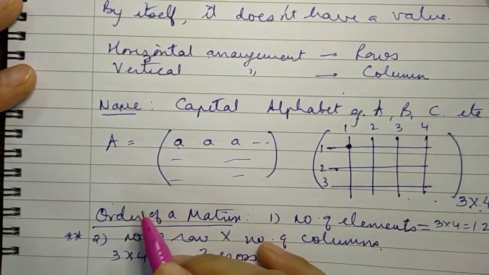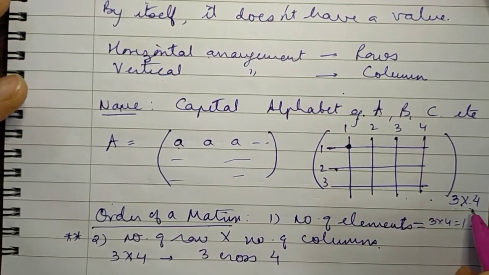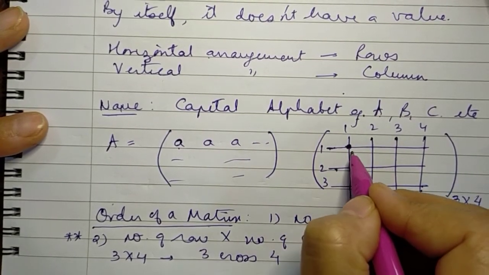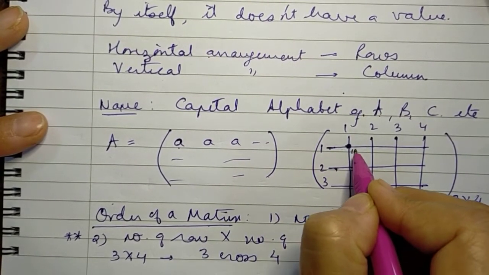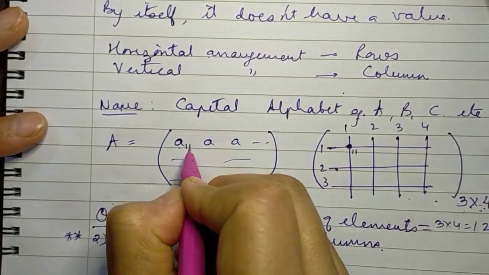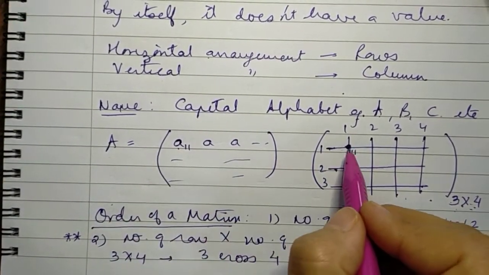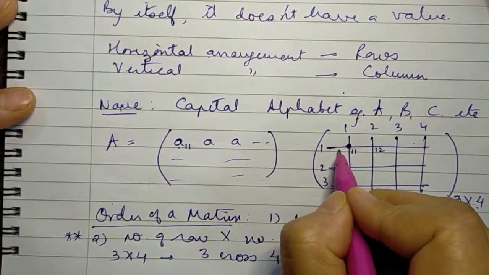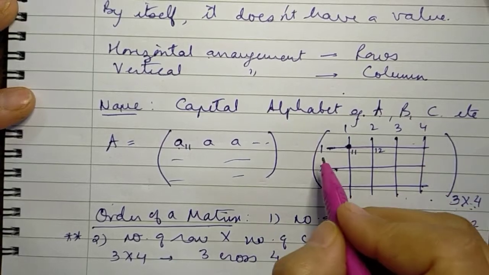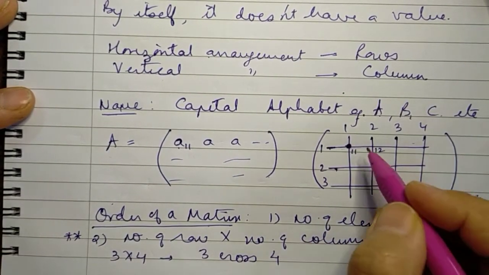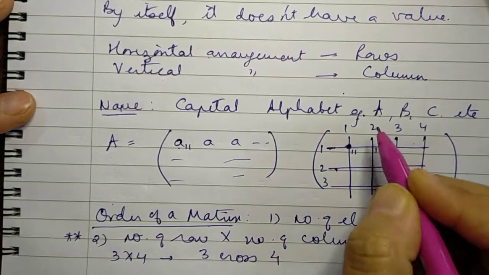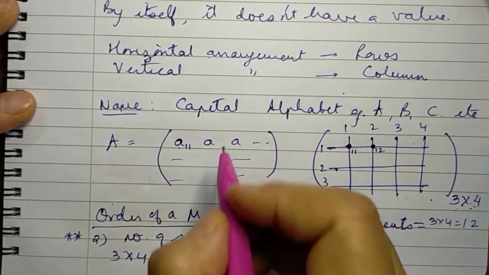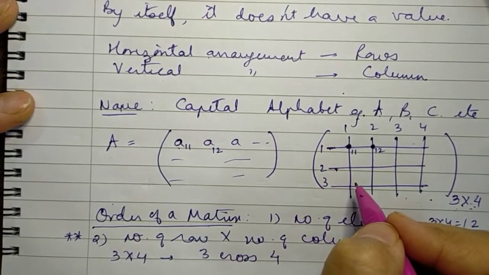Okay, so now this matrix, if it is of order 3 by 4, now the position of various elements: this is the first row, first column. So this is the 1 1 position. We write it as A11, meaning first row, first column. This is the 1 2 position. We always write the row to which the element belongs first, followed by the column to which it belongs. So this element belongs to the first row and the second column. So this is the A12 position.